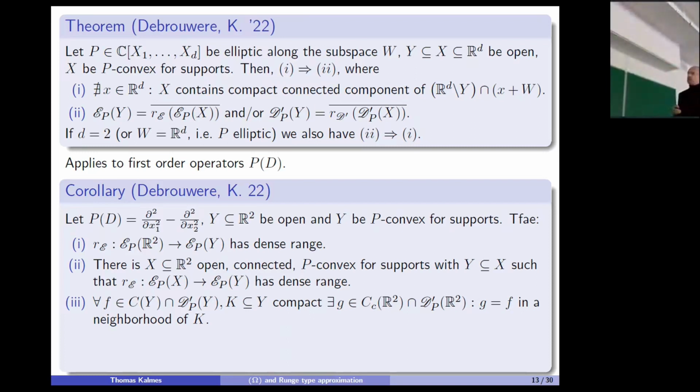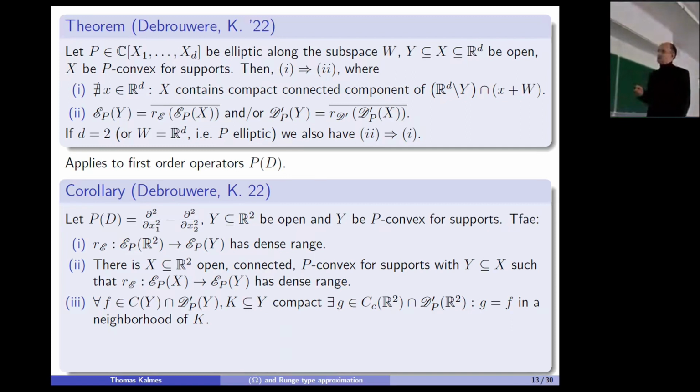Then the restriction map from the smooth solutions over R2 of the wave equation restricted to this set Y has dense range if and only if it is possible to find an open connected p-convex for supports superset X of Y such that the respective restriction map between the smooth kernels has dense range. And if this holds, we can even have a very strong form of approximation, because then every continuous function